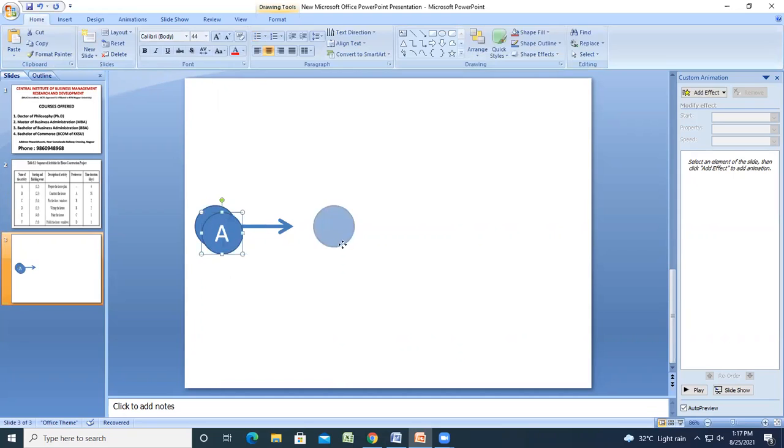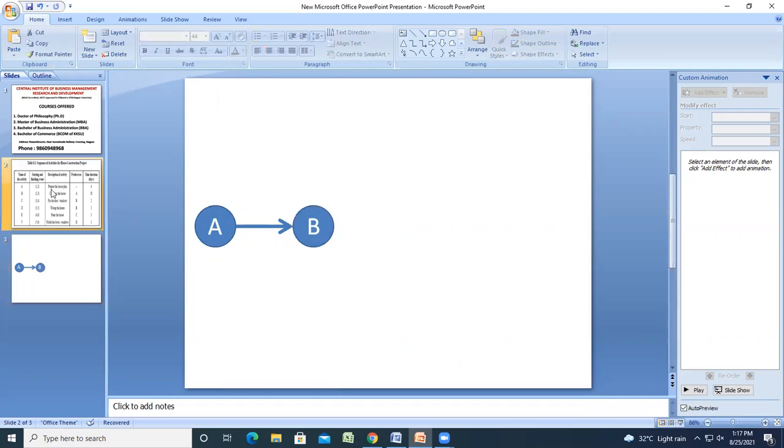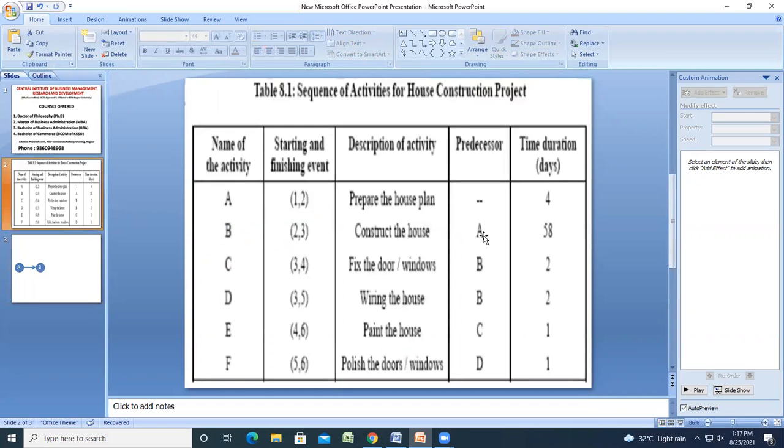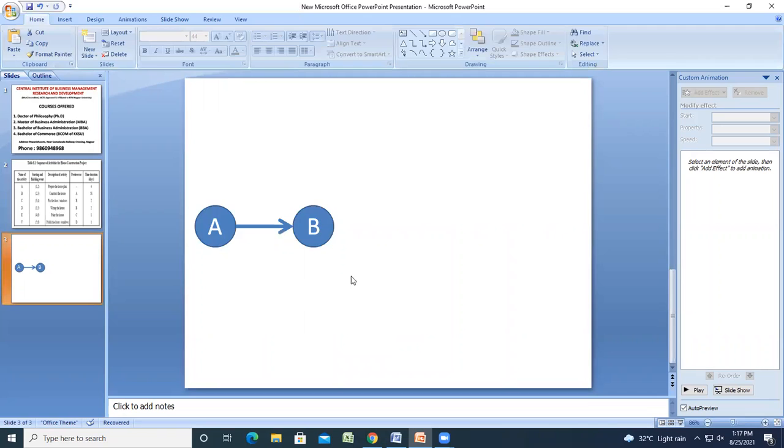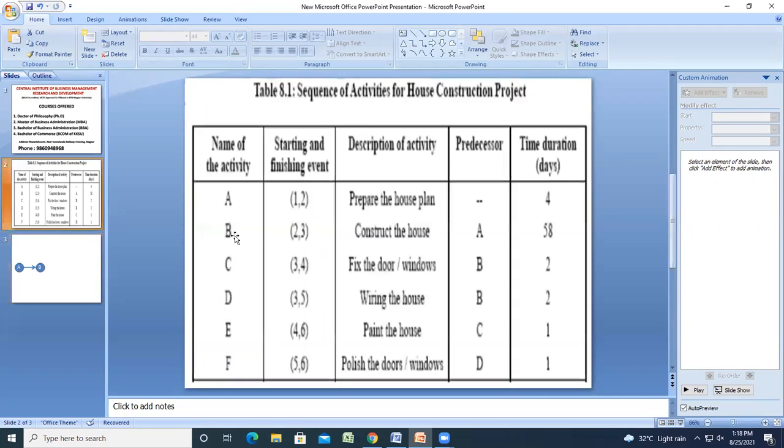So we will place activity B after activity A as activity B is starting from activity A. Now, the next activity is activity C. Activity C is starting from activity B,